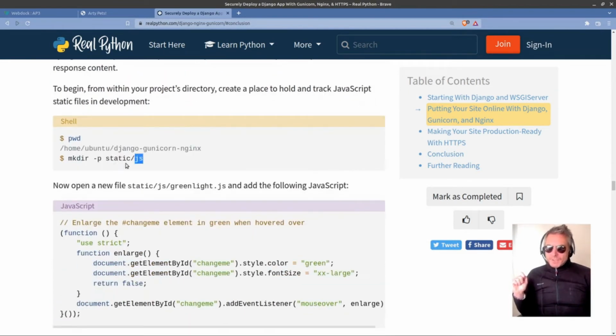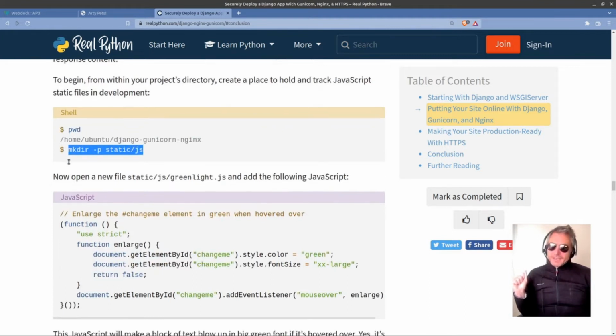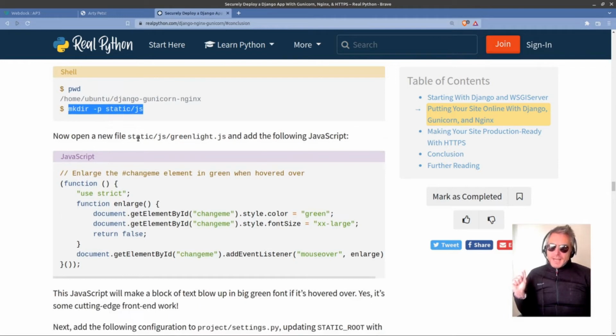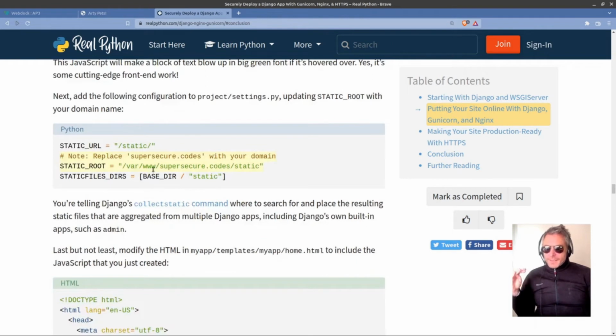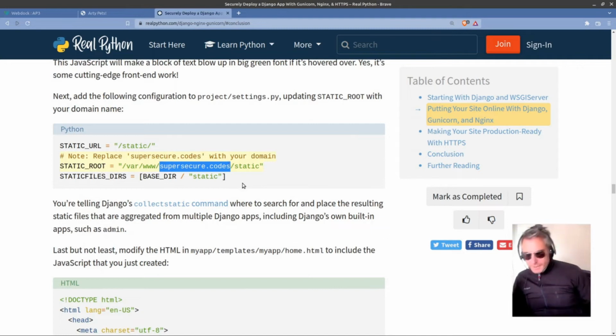Yeah, the Django part. Sorry, the JavaScript part is to demonstrate how static files get served and where they get served from. Again, here, supersecure.codes, you need to substitute that with the name of your domain. So if your domain is example.co.uk, you would put